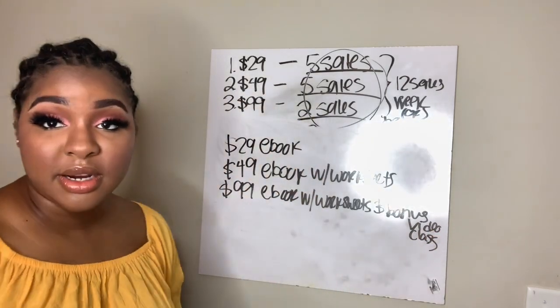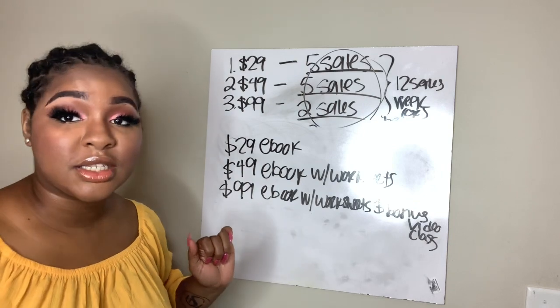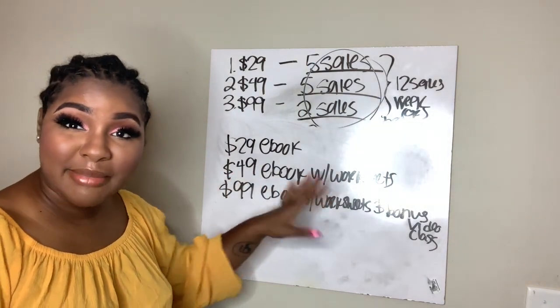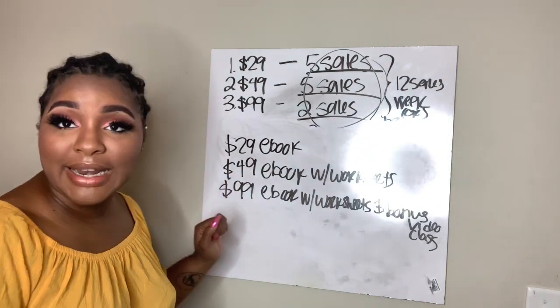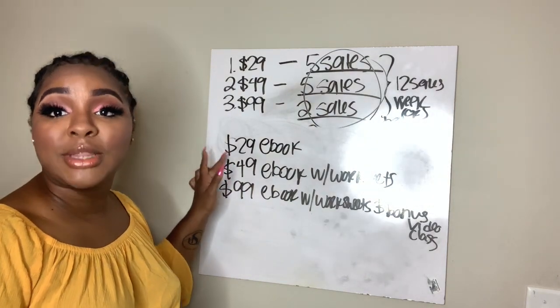So this is how this works. You write an ebook, you price it at $29. You go back to that ebook, you create some worksheets to match up with that ebook. You sell the ebook and the worksheets together for $49. People have the option: do I just want the ebook for $29, or do I want the ebook with the